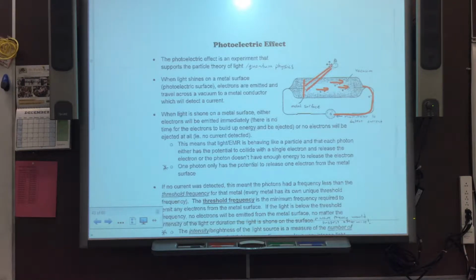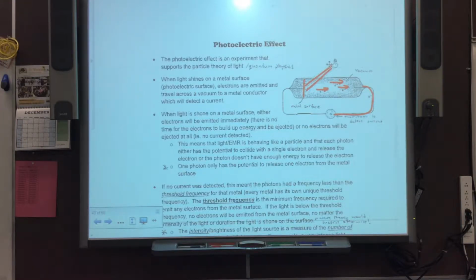When you shine the light on that photoelectric surface, either the electrons are going to move or they're not going to move. It's not going to take time for the electrons to build up energy and be ejected. They're either going to go or they're not going to go. So this means that EMR behaves like a particle and that each photon either has the potential to collide with a single electron and release the electron, or the photon doesn't have enough energy to release that electron. So one photon, this is really important, one photon only has the potential to release one electron from the metal